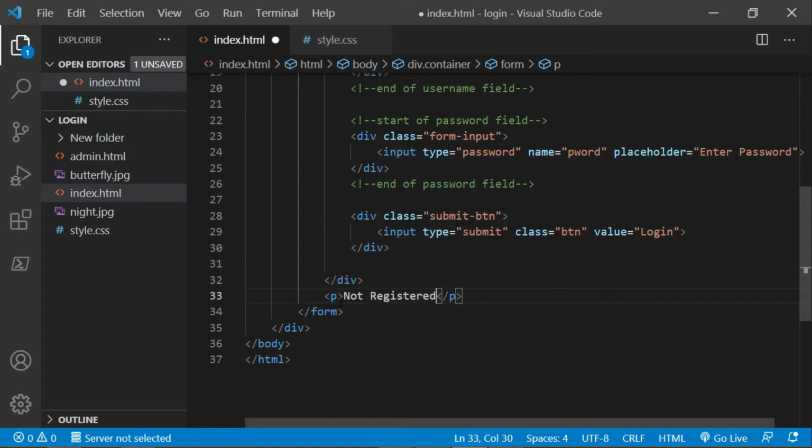So if the person is not registered, he or she has to fill a form first. So just type not registered, then inside the P you create a span